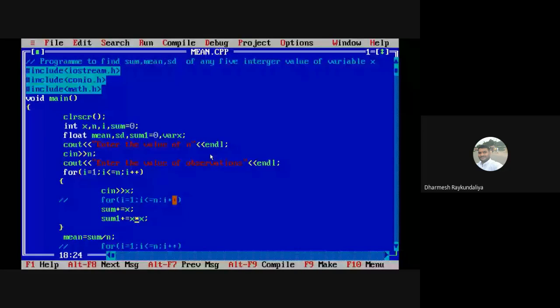Then again I will go back and enter another observation. I am entering here 4. And then here what happened: earlier sum has 3, plus 4 is 7, and here it is 9 plus 16 is 25. So likewise it will be calculating the sum of x and the summation of xi square, and then I will